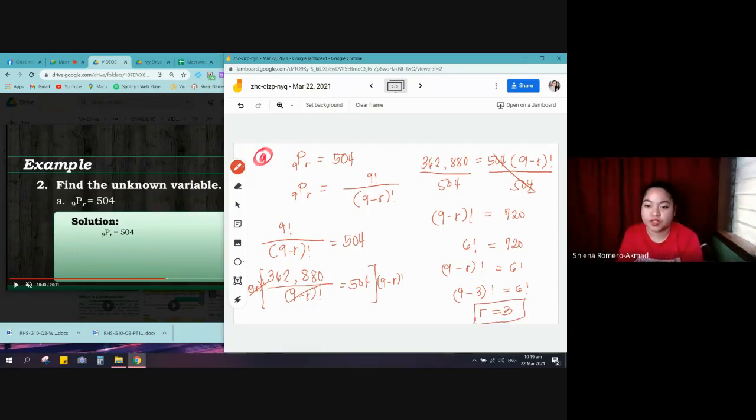Okay? So, from here, anong napansin nyo? Simula dito, nag-isip tayo ng factorial which is equal to 720. Kasi kapag nag-factorial naman tayo, maaalala mo agad, yung 6 factorial, 720 siya. So we can say that this 720 is actually equal to 6 factorial. Then, we look for a number that when we substitute that to r, you'll have 6 factorial. So, r here is 3. So, nakuha na natin yung unknown.